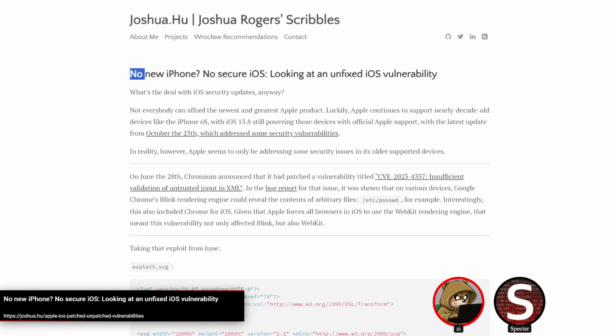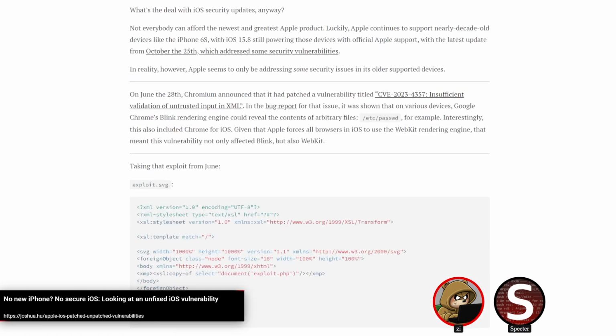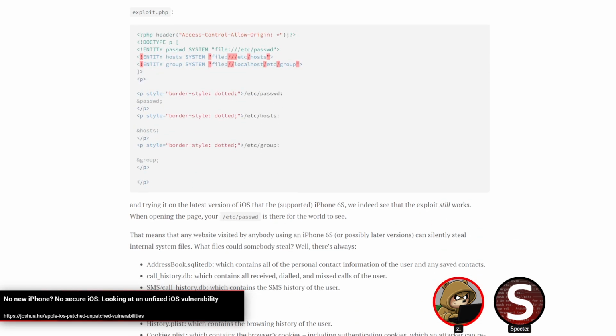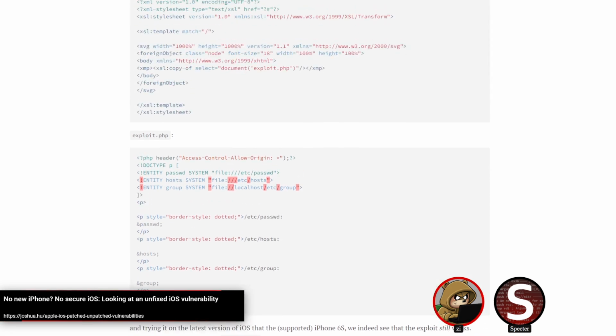Do have one other bug here, kind of, which is no new iPhone, no secure iOS, looking at an unfixed iOS vulnerability. This one is a bug that you're probably not just going to run across outside of testing for these sorts of browser issues. I wasn't super concerned about treating this as a full topic, but the core idea,